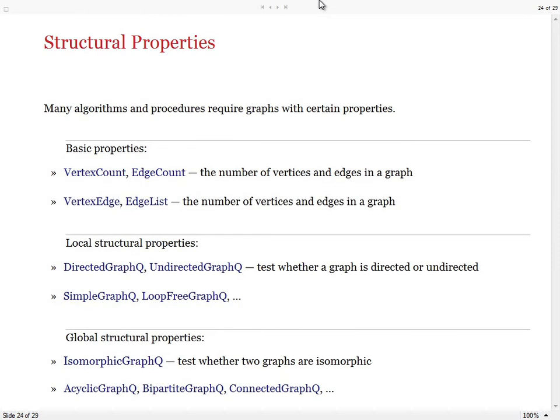Structural properties of vertices and edges are key ingredients in graph analysis. Local structural functions such as SimpleGraphQ and DirectedGraphQ allow testing as to whether a graph is simple or directed. Fast and efficient algorithms for graph isomorphism, connectivity, and much more can be used for understanding the global structure of